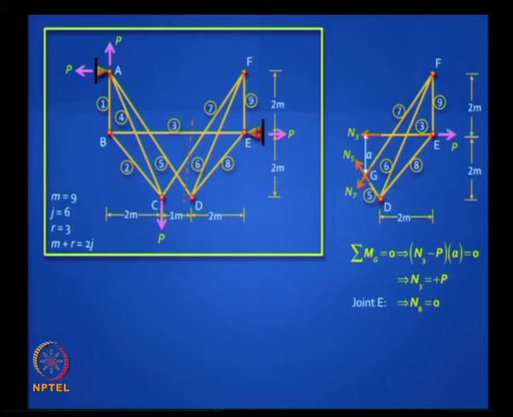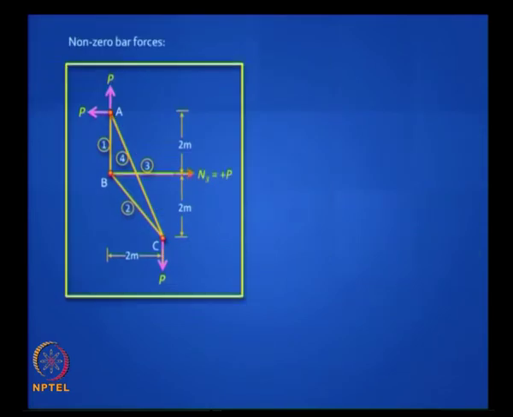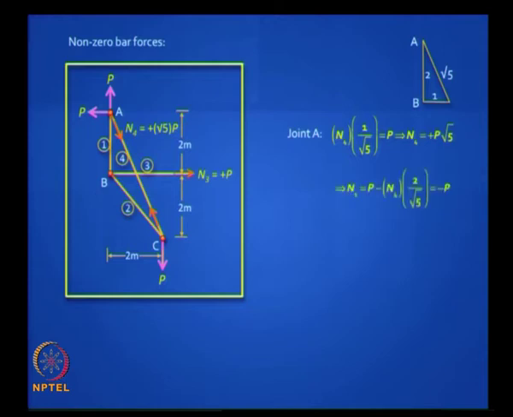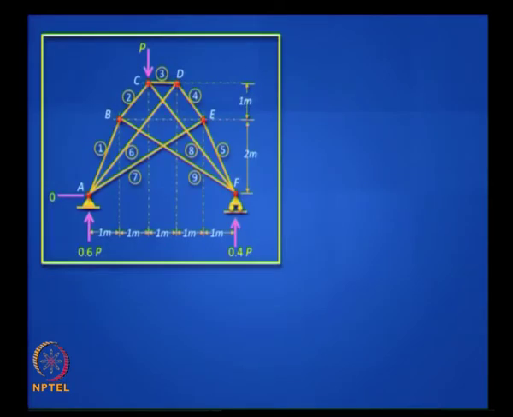and then once N3 is P and you go to the joint T, you will find that necessarily there are many forces which are 0, and you will find that actually you can remove those bars once they are 0 and your truss reduces to this problem. Okay, so it is a much simpler truss to analyze, and this can be done easily. You can analyze it by method of joints, triangular forces, easy.